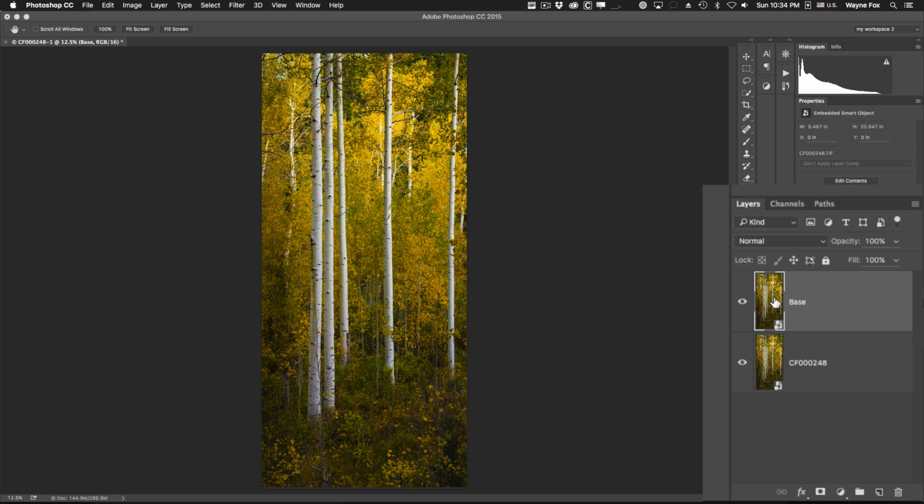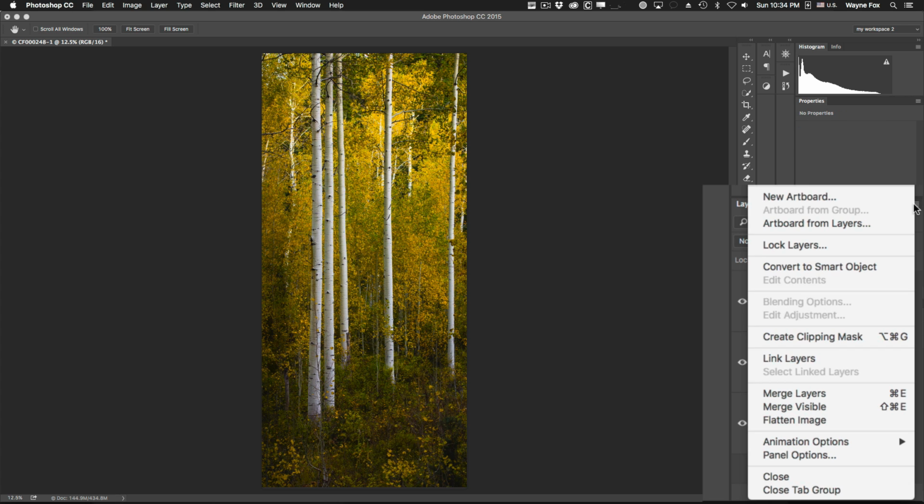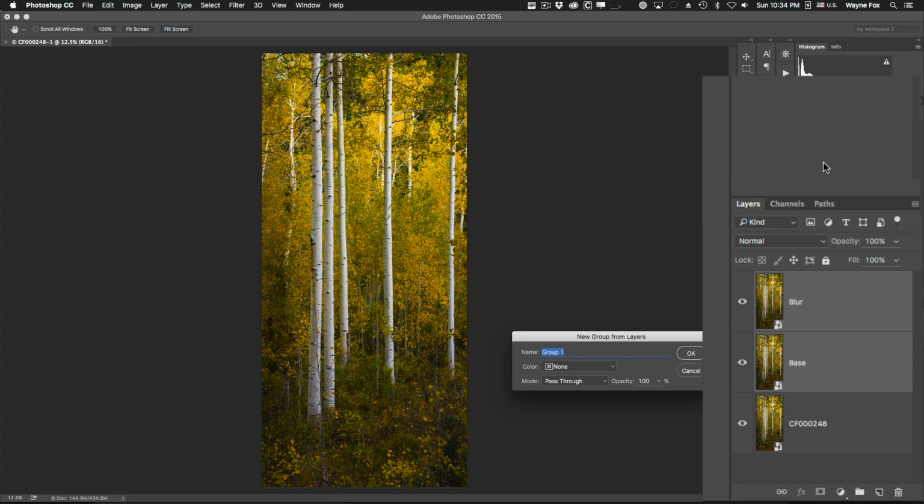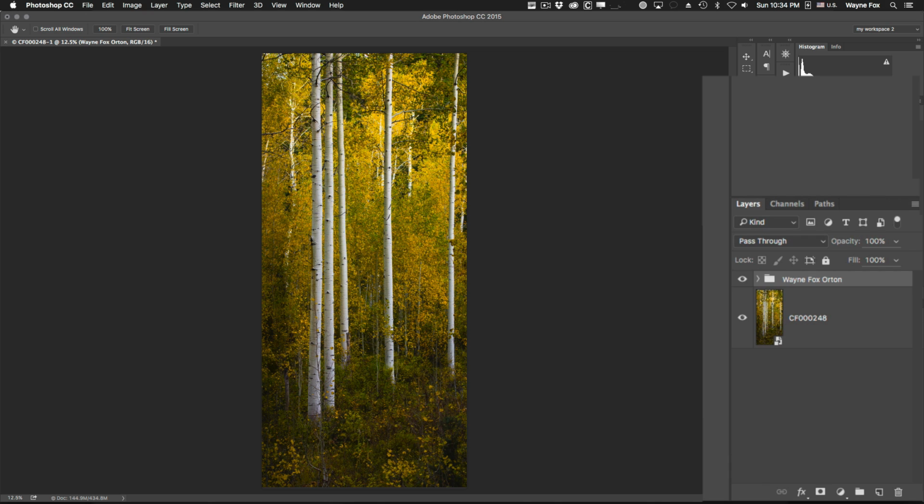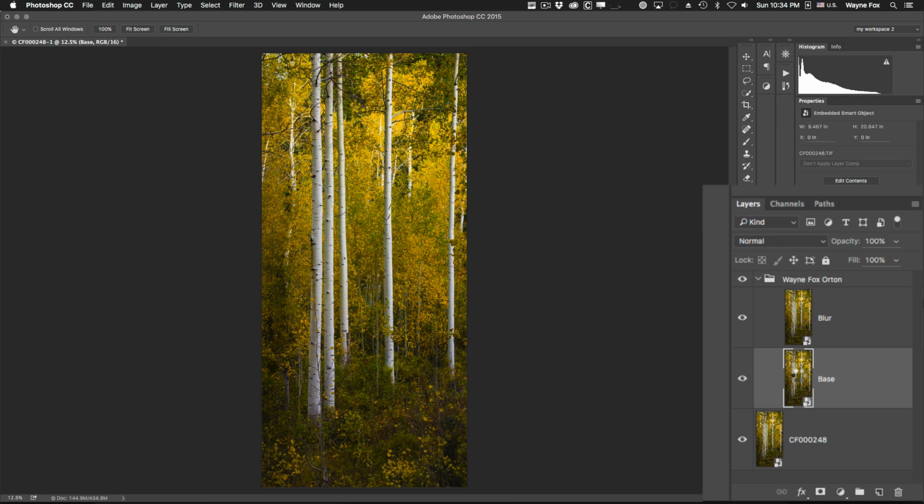Now we need a copy of this layer, and this time we can do Command J, because one of the things we want to do is both of these files will synchronize with all the changes that we make, and this layer of course ends up becoming our blur. We're going to put these two in a grouping again, and we'll call this Wayne Fox Orton, and we're going to double click one of these two layers,